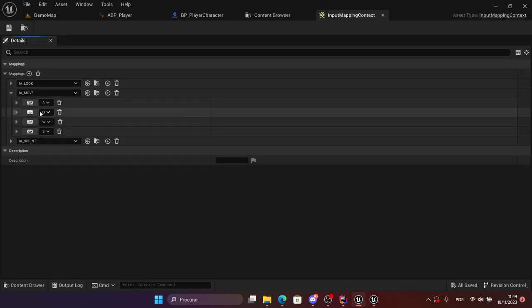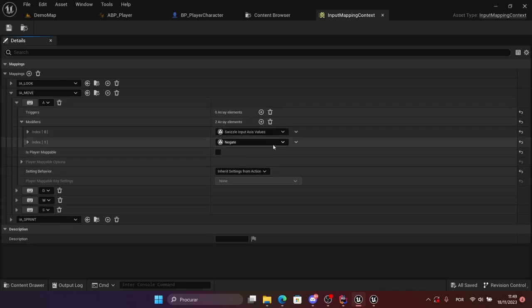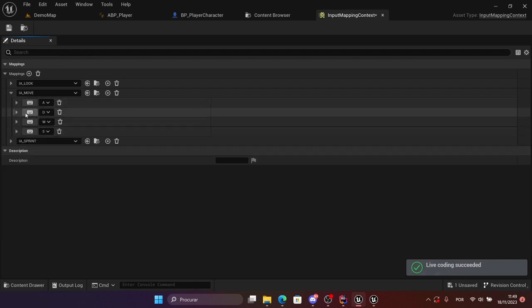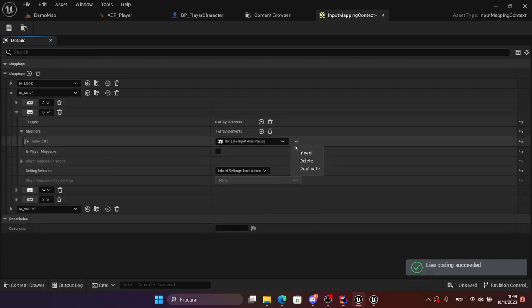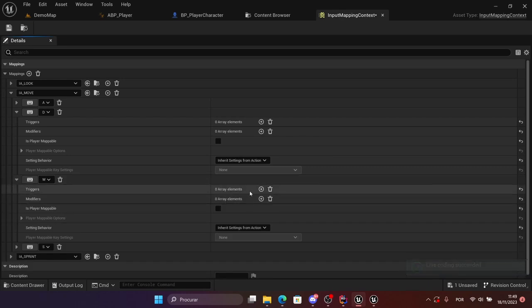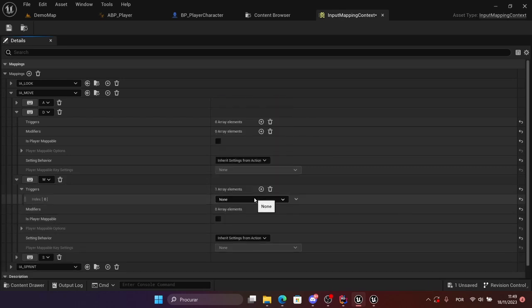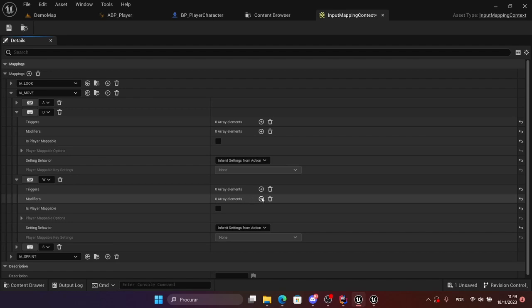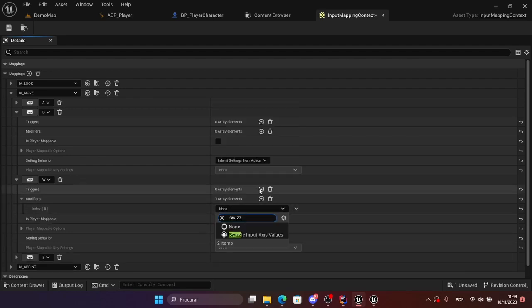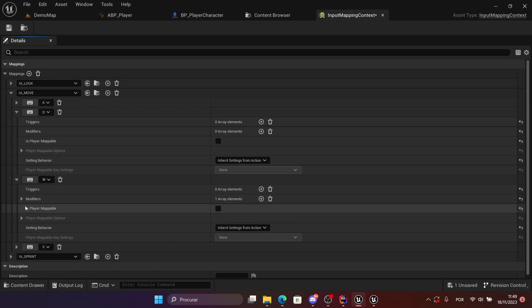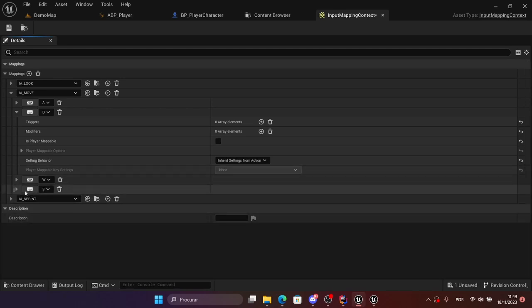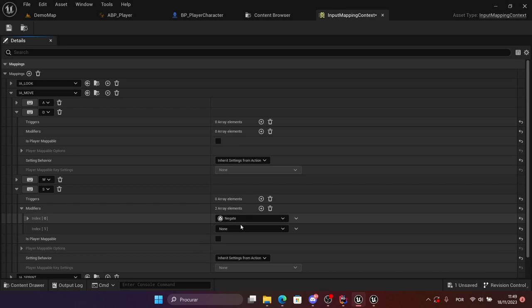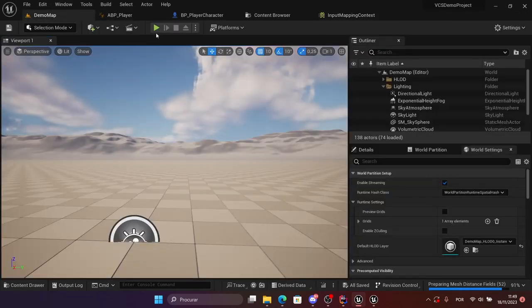On the move here, remove the Swizzle Input Axis, delete, and the same thing, delete, and we want the Swizzle Input Axis here. And here we're gonna add one Swizzle Input Axis. Save. Okay. So if we play again,